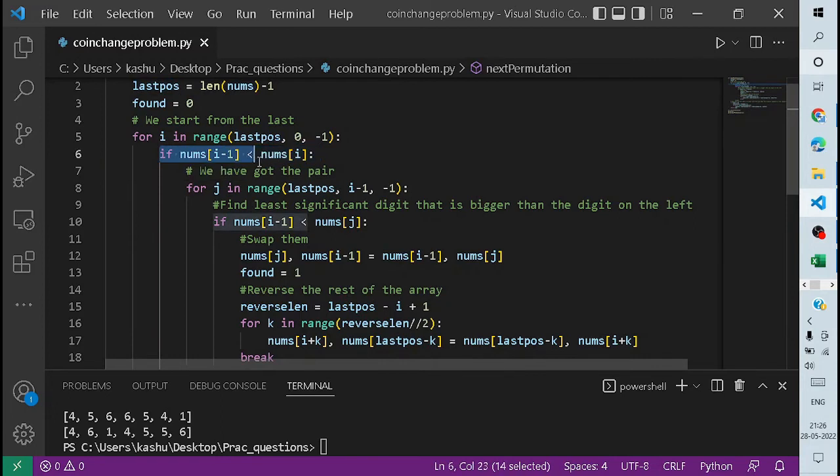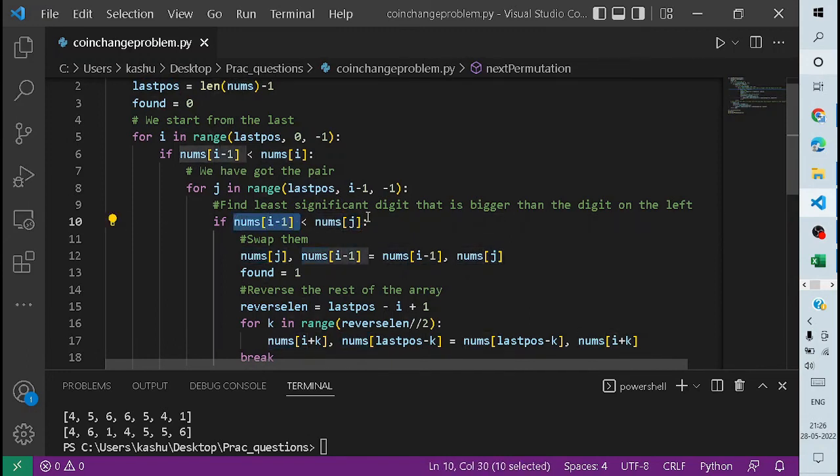Here I will compare the left digit with the right digit, and if I get that particular pair, I will then compare the digit on the left of the pair with the last, starting from the last digit of the list,